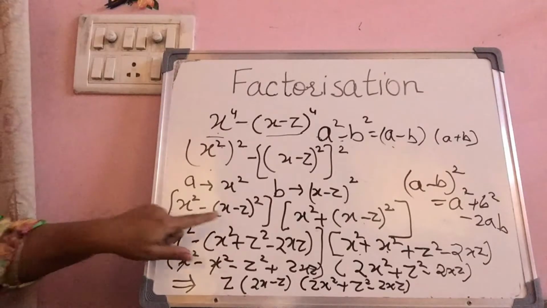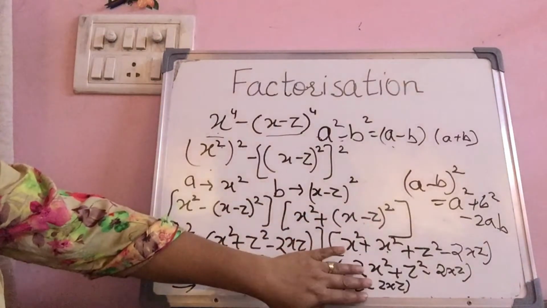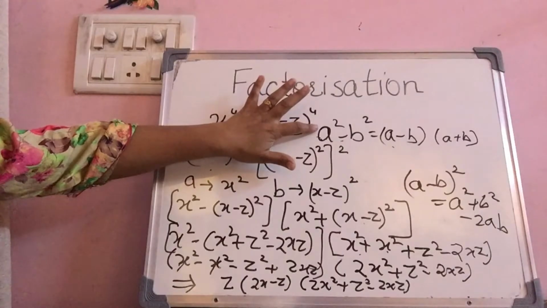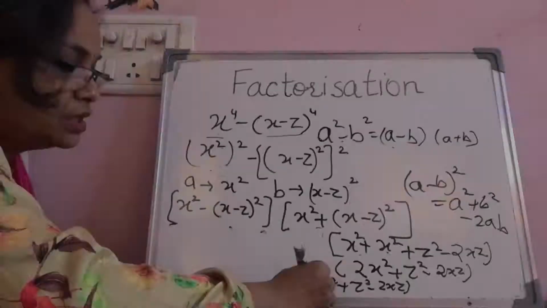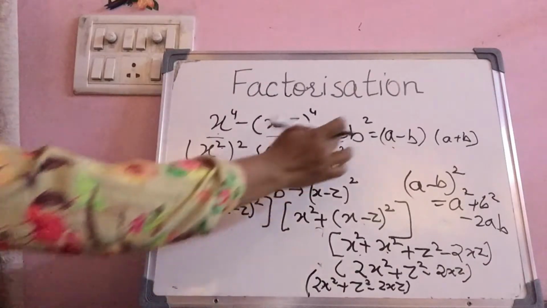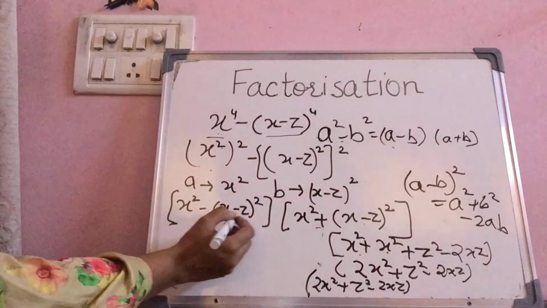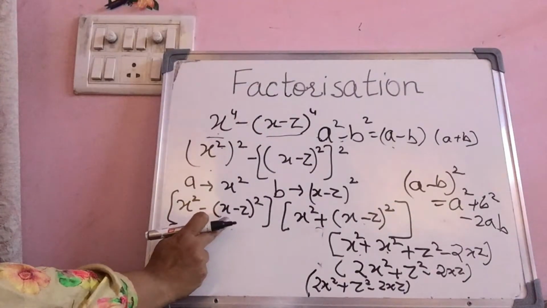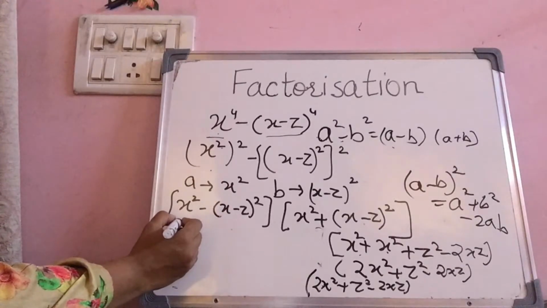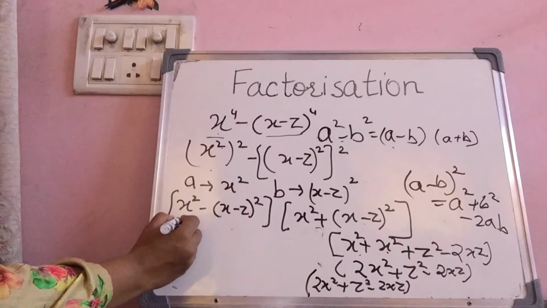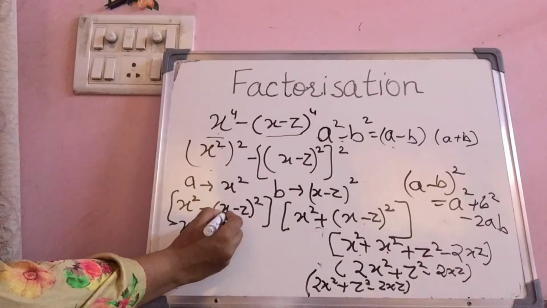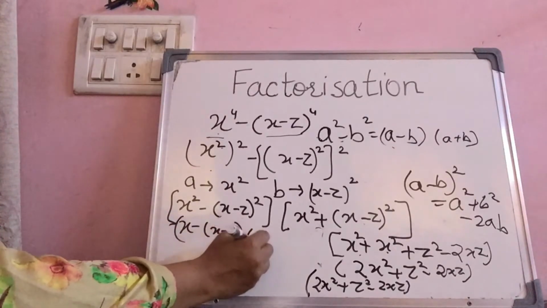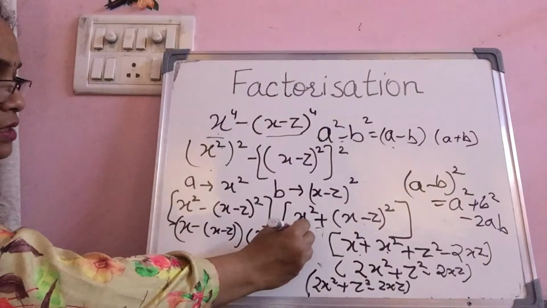Second way is, here this bracket will remain same. We'll do this bracket as it is. In this bracket we can use this identity and we can solve it accordingly. This will remain same. How we can do? Comparing this with that identity, here A will be x and B will be x minus z. So first bracket is A minus B, that is x minus this. This will be x minus z. And in second bracket we can have x plus x minus z.